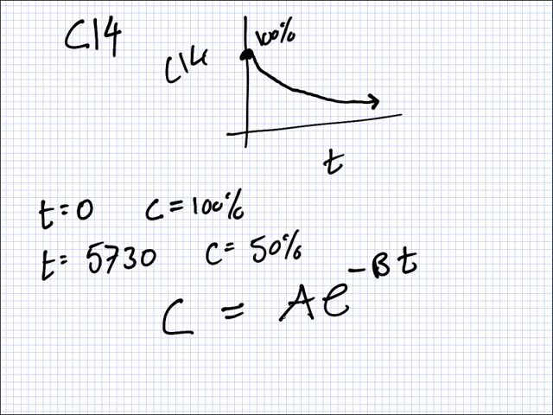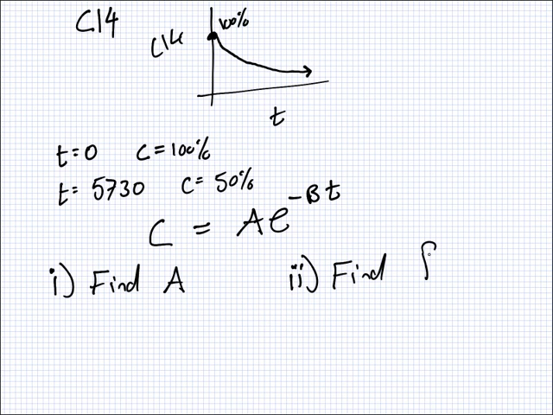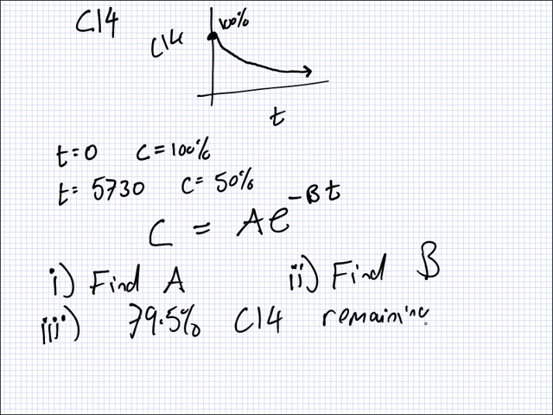So I'll let you try this before I do it. There's going to be 3 parts to this question. Part 1, unsurprisingly, is going to be to find A. Part 2, again, unsurprisingly, is going to be to find B. And then part 3 here, you find something that has 79.5% carbon-14 remaining. So you dig something up, you measure its carbon-14 percentage, and you see that it has about 80% of its carbon-14 left,